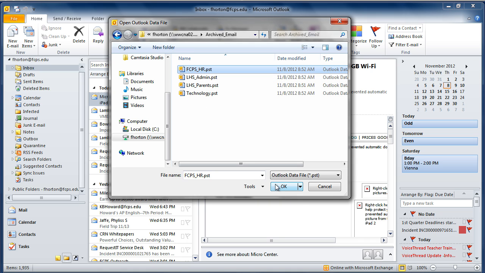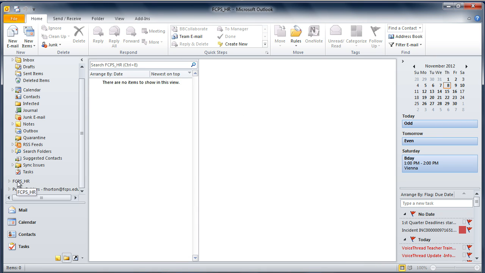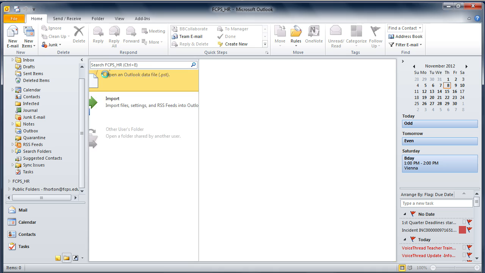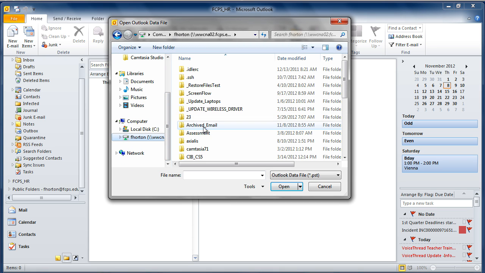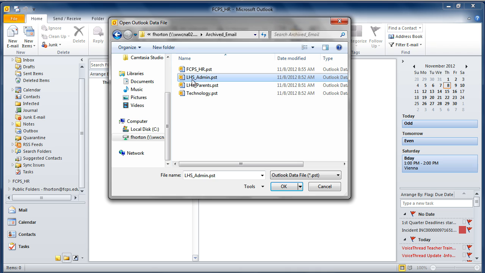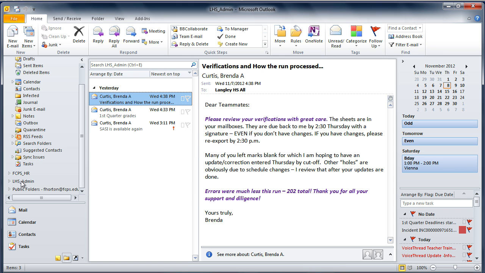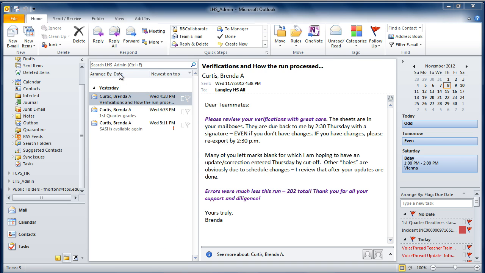So you just select the first one, click OK, and then you'll see that show up underneath your regular list of folders again. So I go back, click on File, click on Open, Outlook Data File. Again, go back to my server, archived email, click on the next one, click Open, and again, there it is, it shows back up. Go back to File, Open, Outlook Data File,